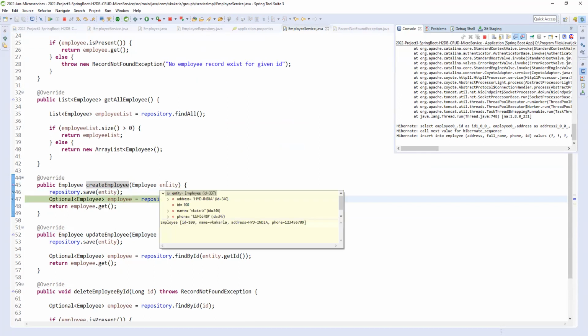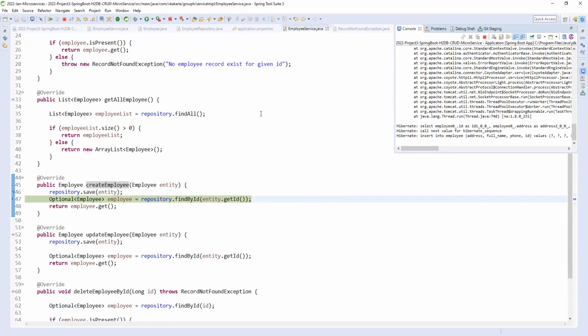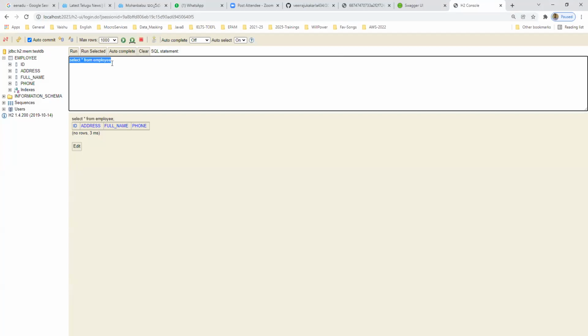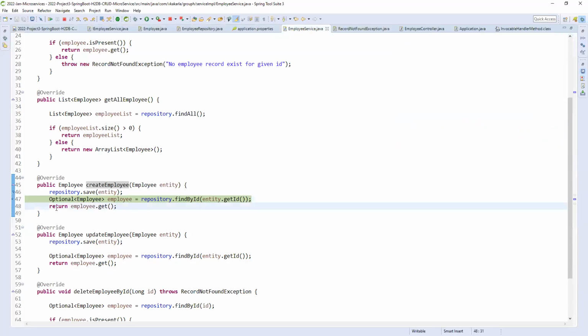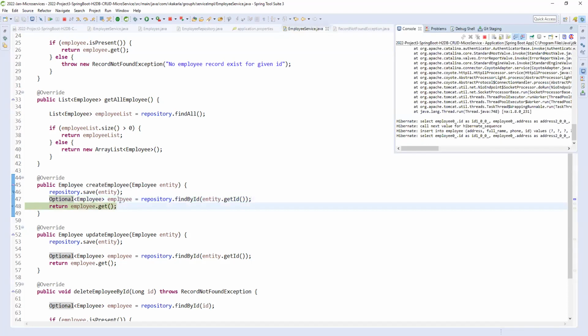Whatever we created, let me check here. Run. Okay, the object is created. Two objects are created, but the response, the employee value, is coming as null.